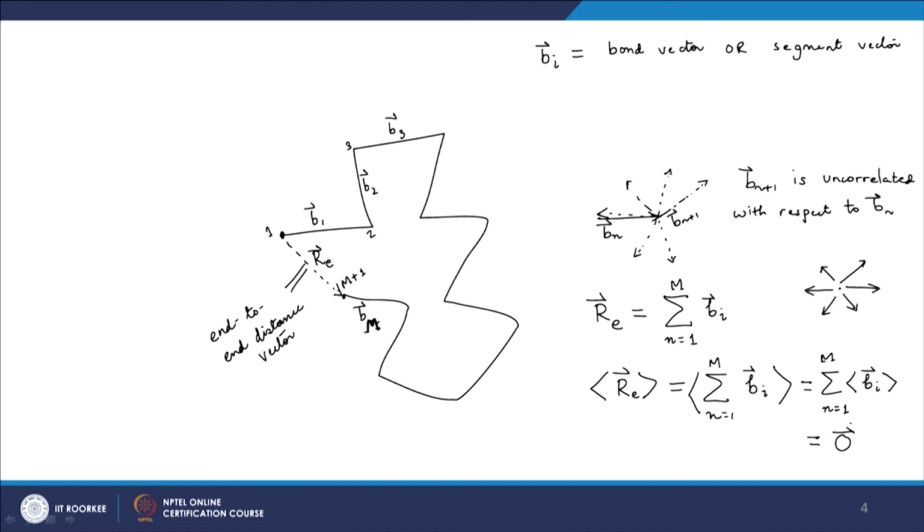Okay. And why is that? Because if I do the R_E square, then this will correspond to the dot product of the R_E, and by the same formula I derived earlier, I can write this as something like